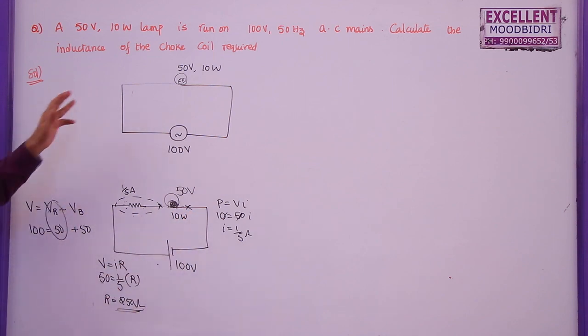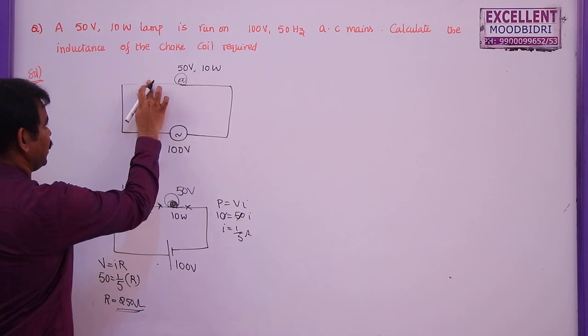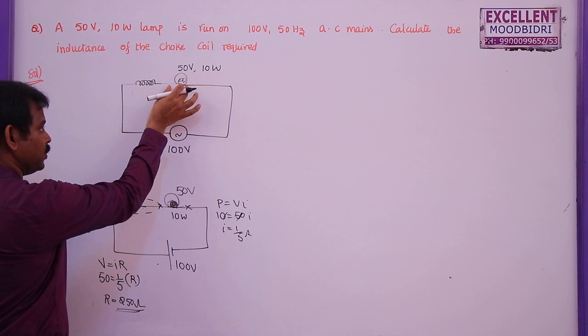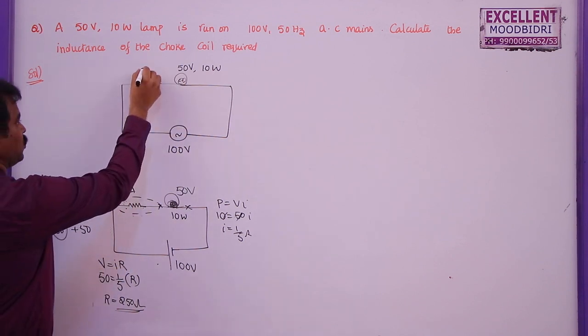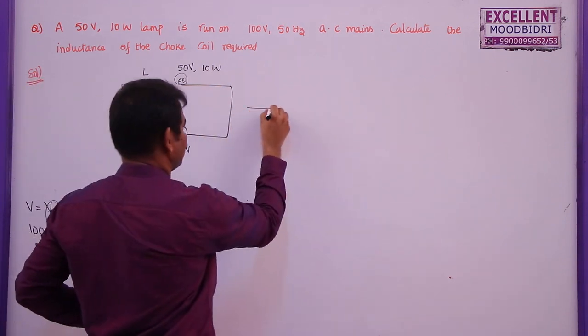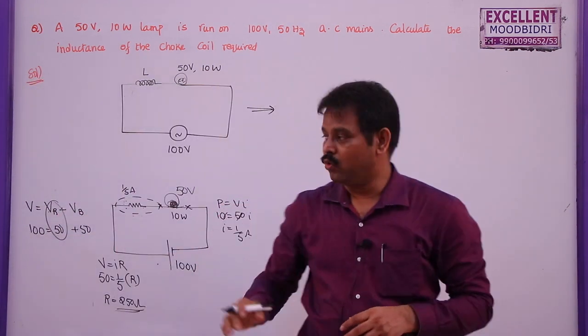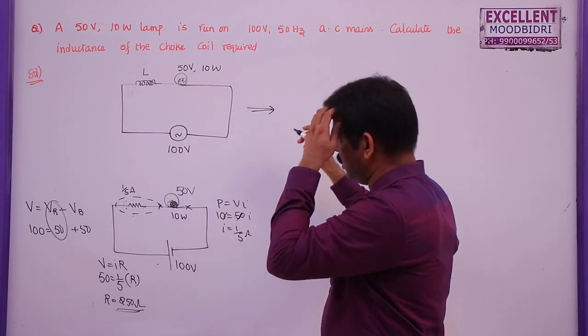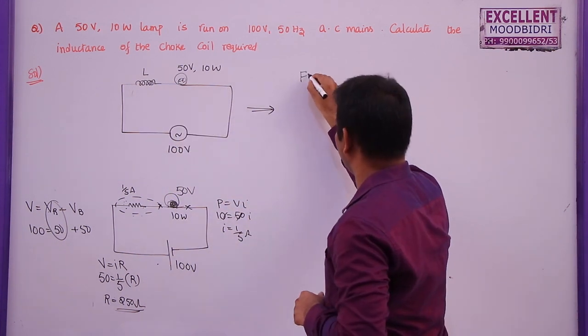But in this case, I need to connect an inductor here, a choke coil here, so that the total power will be consumed by this one only. Now the choke coil, what is the inductance of this choke coil? So in this case, I cannot write voltage here is equal to this voltage plus this voltage. Here what we can write? First, for the bulb,